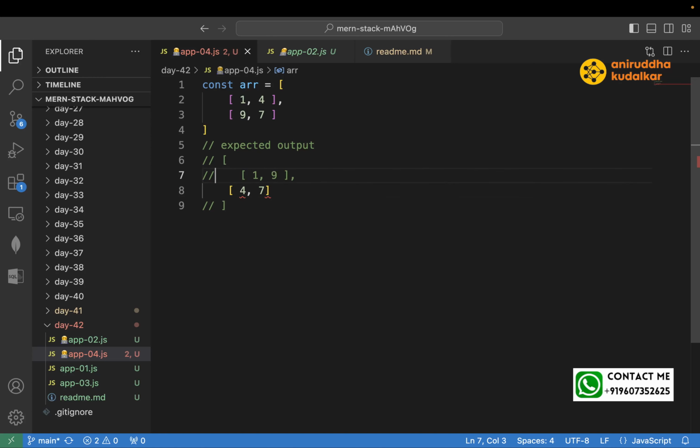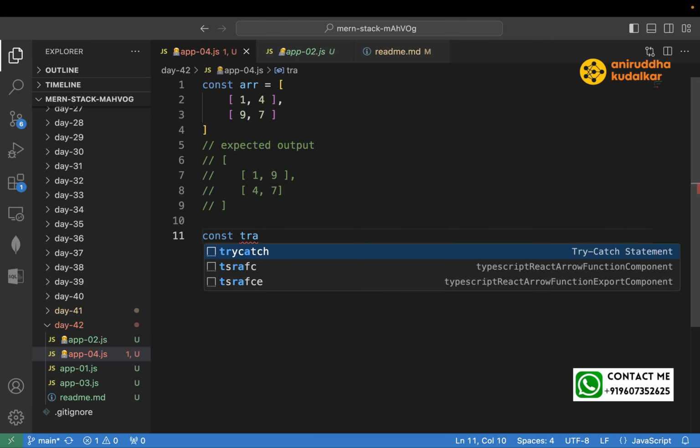So this would be the expected output. And here is the function, const transpose equals, which will accept an array